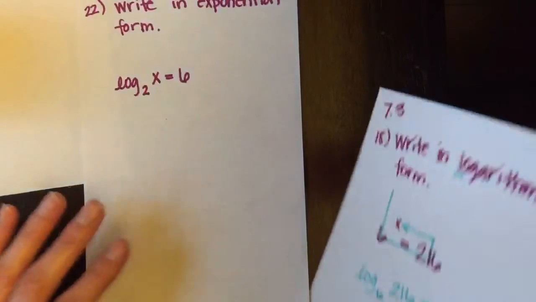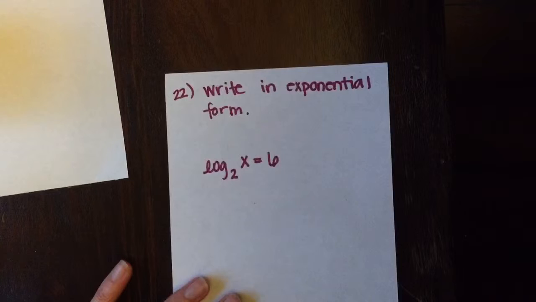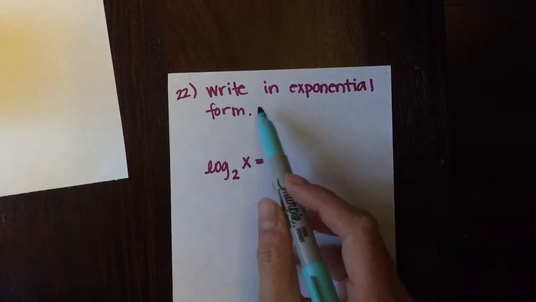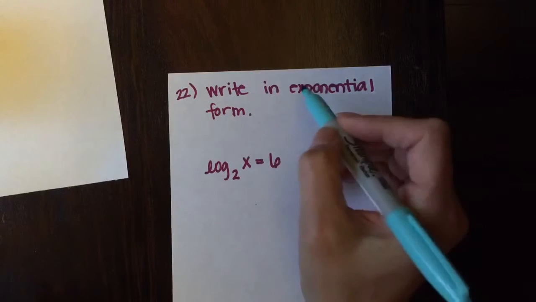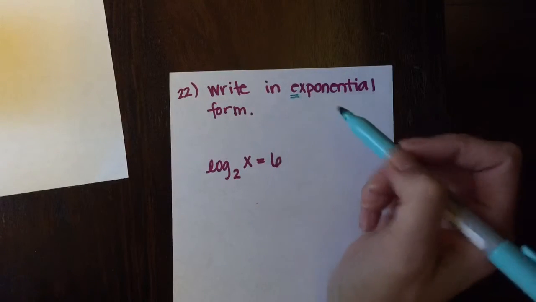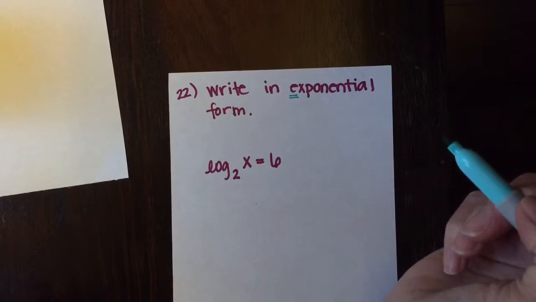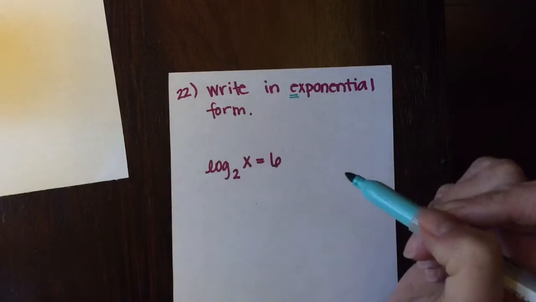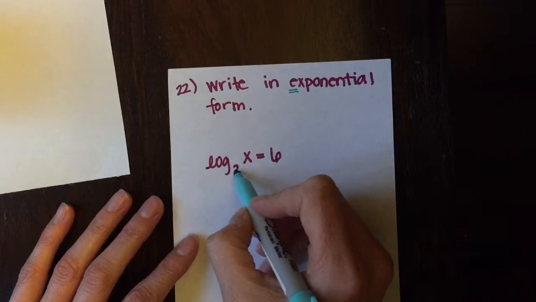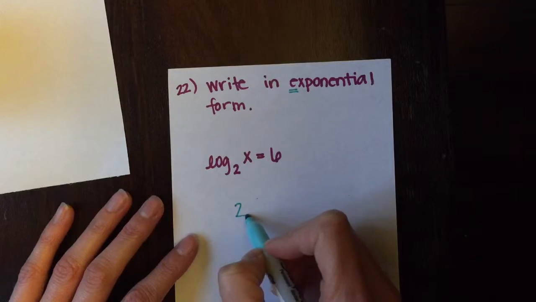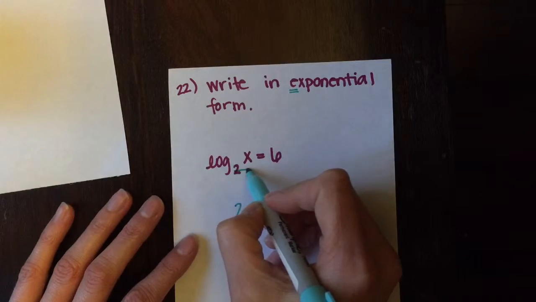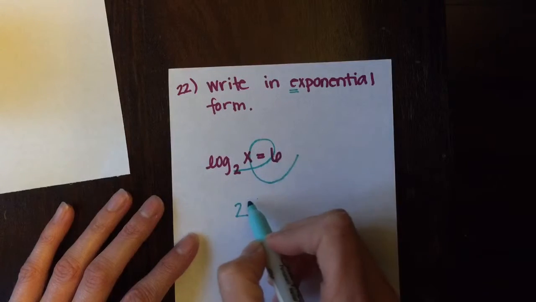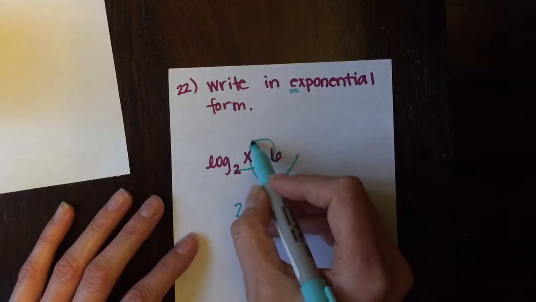22 is asking you to go the other way. This one gives you an equation in logarithm form and asks you to change it into exponential form. So if you want to write it in exponential form, that means it's going to have an exponent. It will no longer have a log, so you're not going to have the log in front anymore. And we make the e, so we're going to start with 2. We need an exponent, so you go around, you make your e. 2 to the 6th power equals